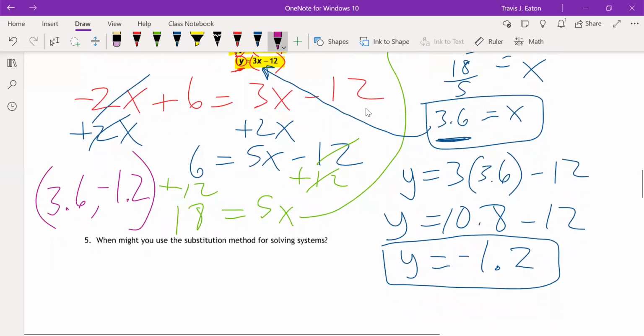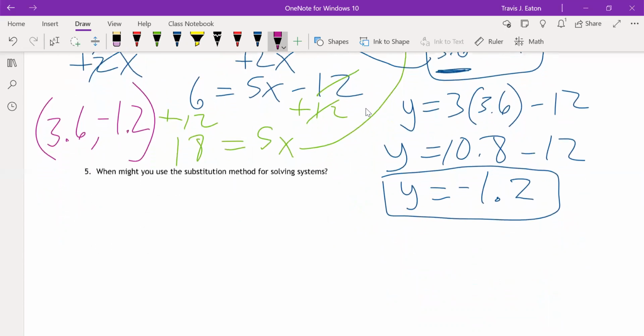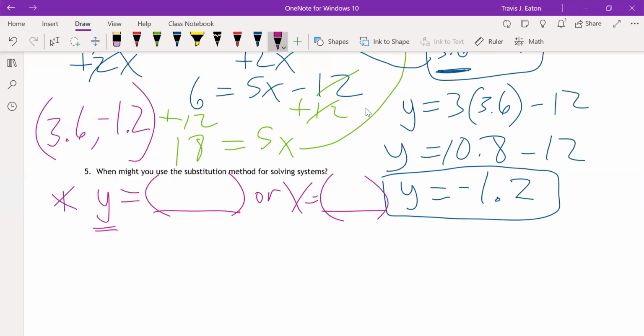Now, question 5 says, when might you use the substitution method for solving systems? Well, there are a couple of things you should look for. If you're wondering, will I use substitution? Here's when you'll use substitution. You'll use substitution when you can see something where it says y equals something, because it's easy to substitute whatever you find here for y in one of those equations. Or if you see x equals something,